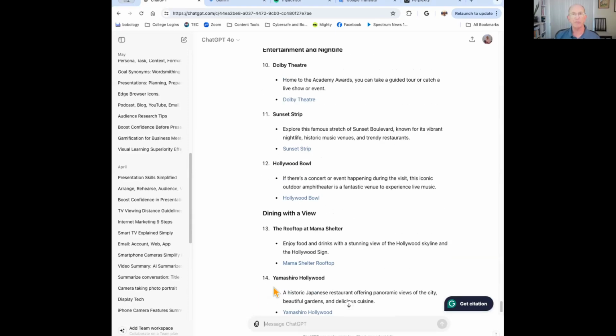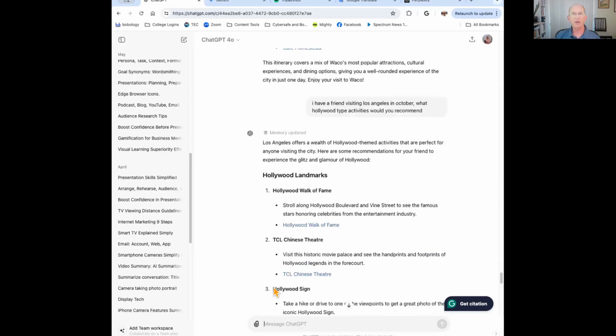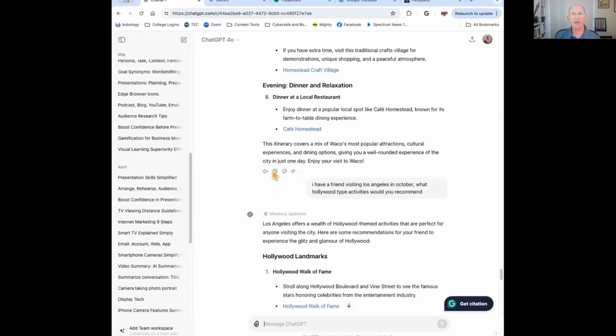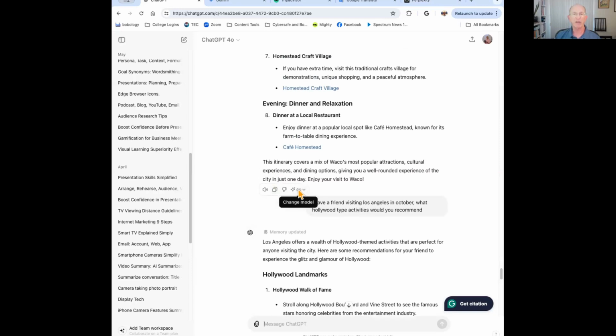Each time you hit a prompt, there will be a copy icon that will show up for that particular prompt and response. Great. So I've changed venues, I've changed ideas, all in one chat session.